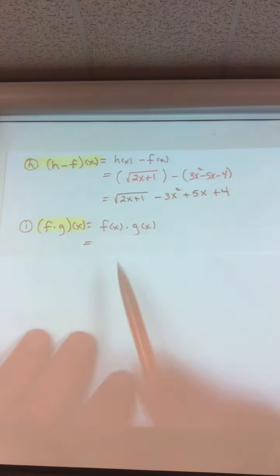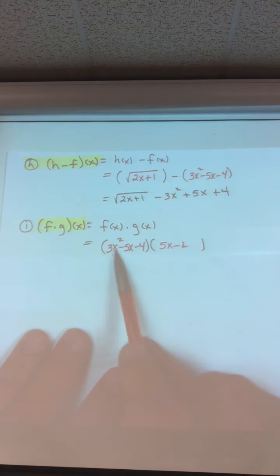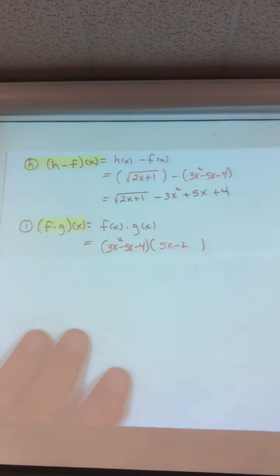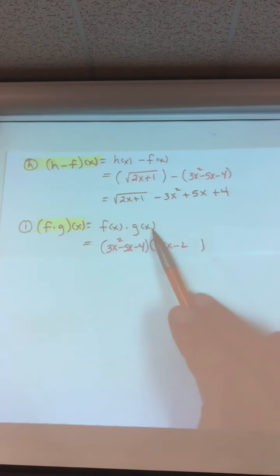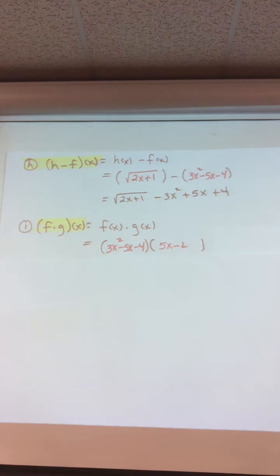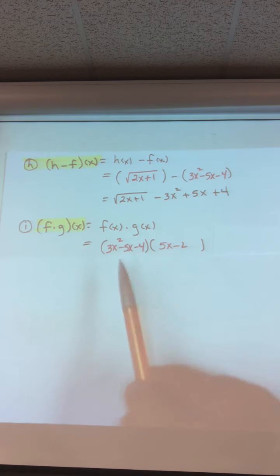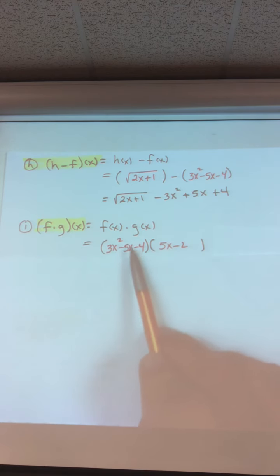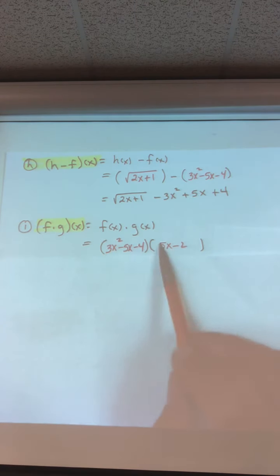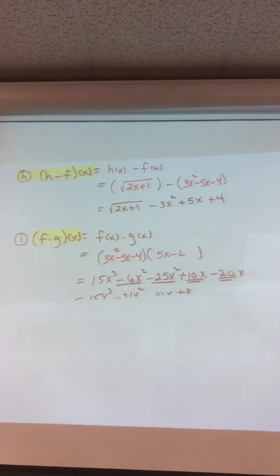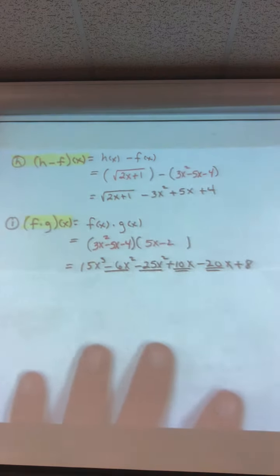Now, what is f of x? It's this. Look back up at the top. Times, what is g of x? It's this. Now, how do we multiply this out? You're going to do this one times both of these, this times this, one times this one. Then you're going to do this one times this one, times this one. Then you're going to do -4 times this one, and -4 times this one. So basically, it's like the distributive property three times. So when I do that,